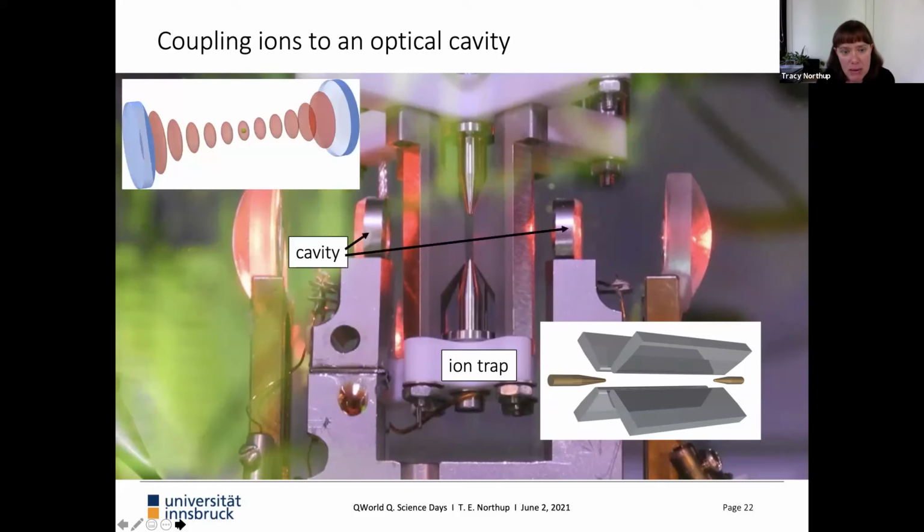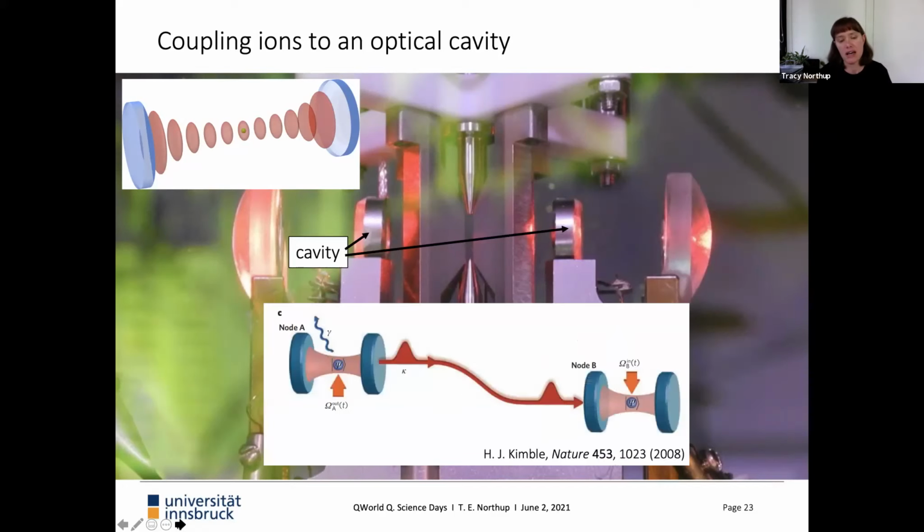Okay, so that's the ion trap, and now the cavity. You can see these metal circular shapes which are holding highly reflective mirrors. Those are 2 centimeters apart, and what you should picture here is an optical mode between those two mirrors, like the one that's sketched above. In the sketch on the left-hand side, you see a little green dot, and that's where you should picture an ion trapped in the middle of this ion trap. So this is a picture of a setup that allows us to put a single ion in a cavity, and that really brings us back to proposals.